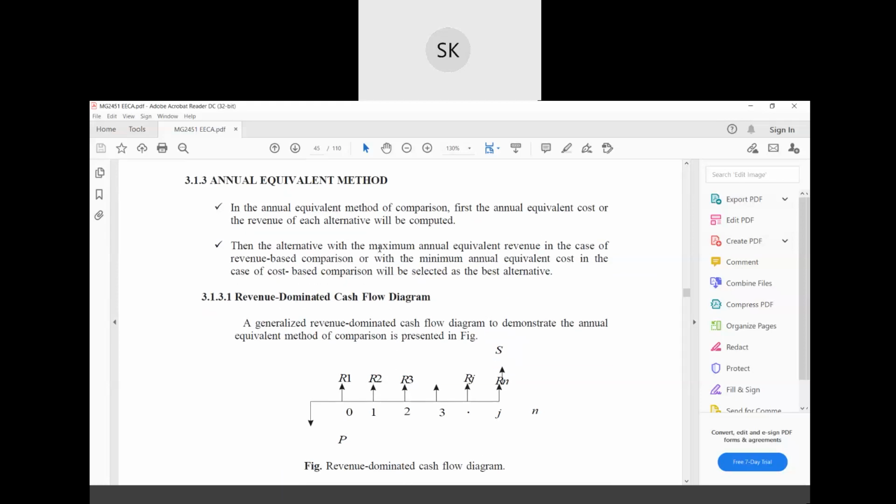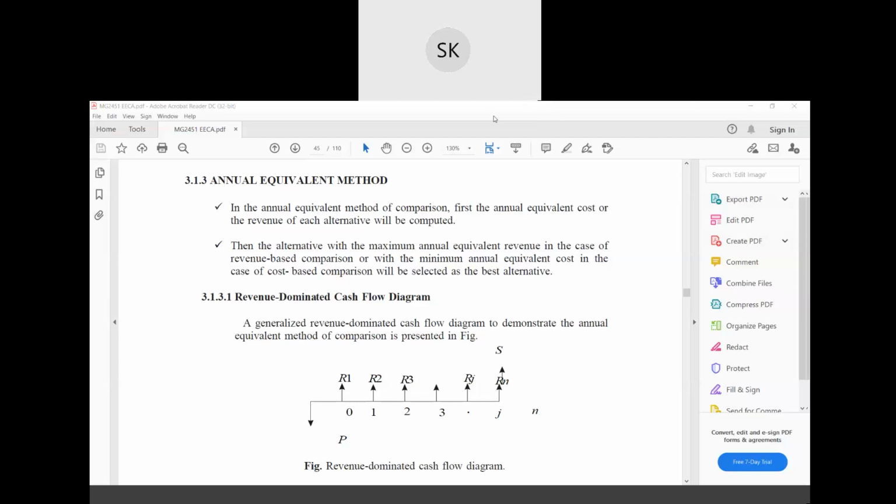So we have studied in the present worth method what will be the present worth of the alternatives. We compare the present worth of those alternatives, and the ones giving us more worth, we choose that alternative. In the future worth method also, we choose those giving us more revenue. Your aim should always be to get more and more revenue, but you should spend less and less money on that.